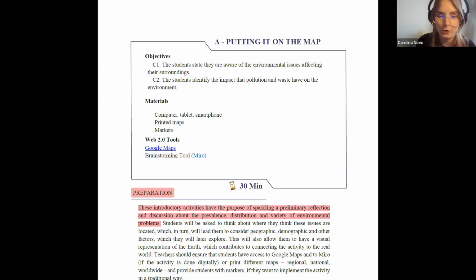So you can choose and adapt, of course. But this activity has the purpose of being an introduction to the environmental problems and to lead students to explore maps, trying to understand what is happening in different points of the planet, because sometimes, since we are in Portugal, in our case, perhaps we haven't seen a lot of the effects of the climate change yet. We have seen some in recent years, but not extreme phenomena. But sometimes we lose sense of what's happening in other sides of the world. That's why we want them to go to Google Maps and have a wider view.